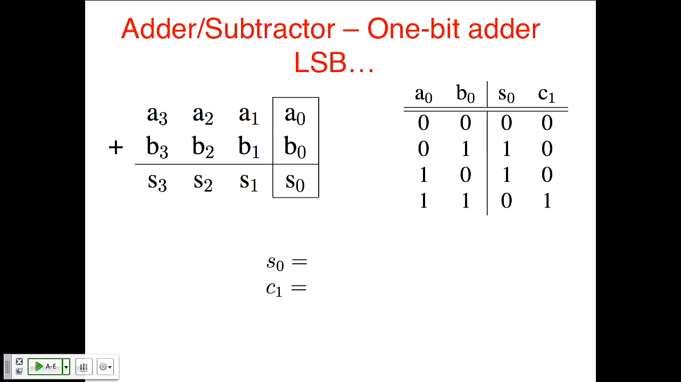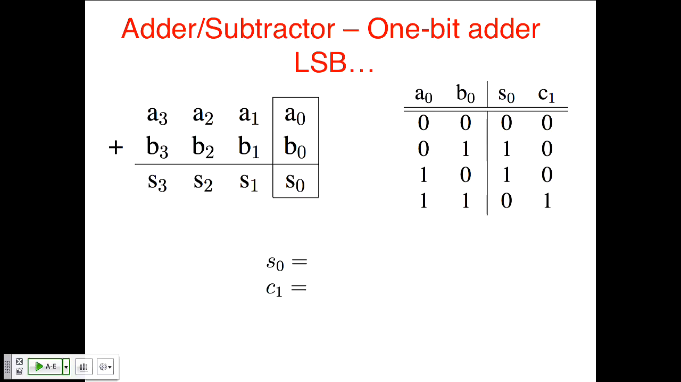1 plus 1 is... Great. So, what's the least significant bit of 2 in binary? 0, right? So it's 2, which doesn't fit in 1 bit. Okay? So you have 0 for the low bit of 2, and you have a carry out, which is the high bit of that 2,